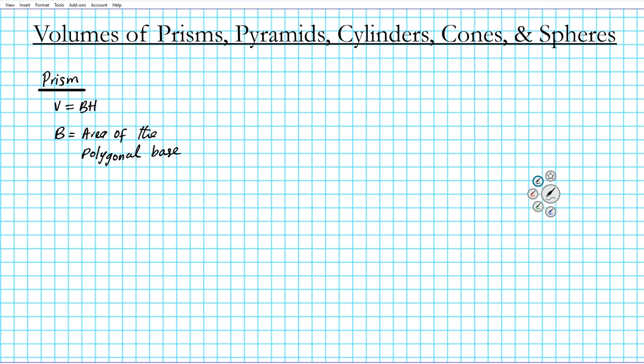Remember, prisms have two congruent polygonal bases and then parallelograms as the sides. And then big H represents the perpendicular height